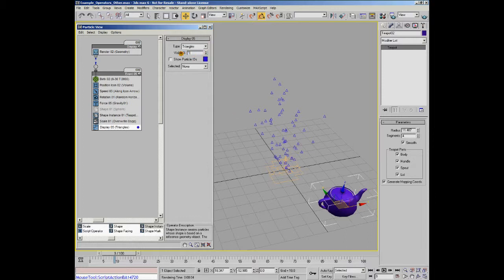The next option is show particle IDs, and that actually shows the numerical ID value of every particle. So the first particle will have an ID of 1,